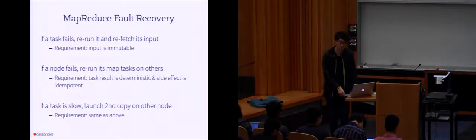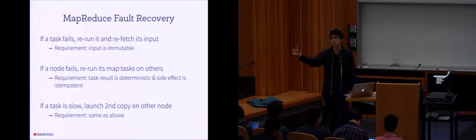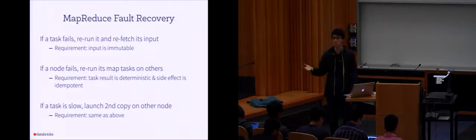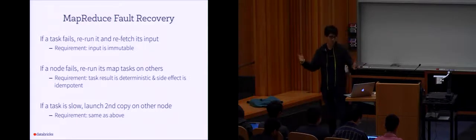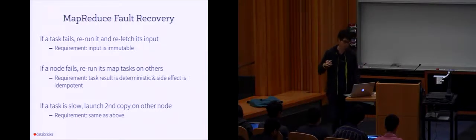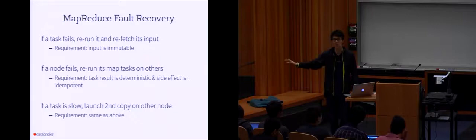Like, for example, if a task is slow because of the data and the processing inherent to that task, just launching another copy is actually not going to solve the problem because you're going to be reading from the same data, and you're going to be running the same computation. Now, that's almost a 10-year research problem that many different people are trying to solve.